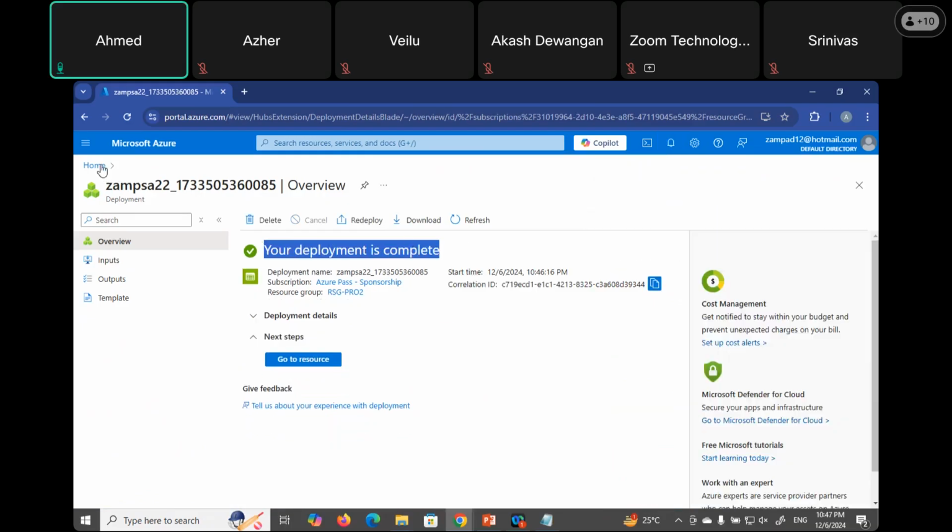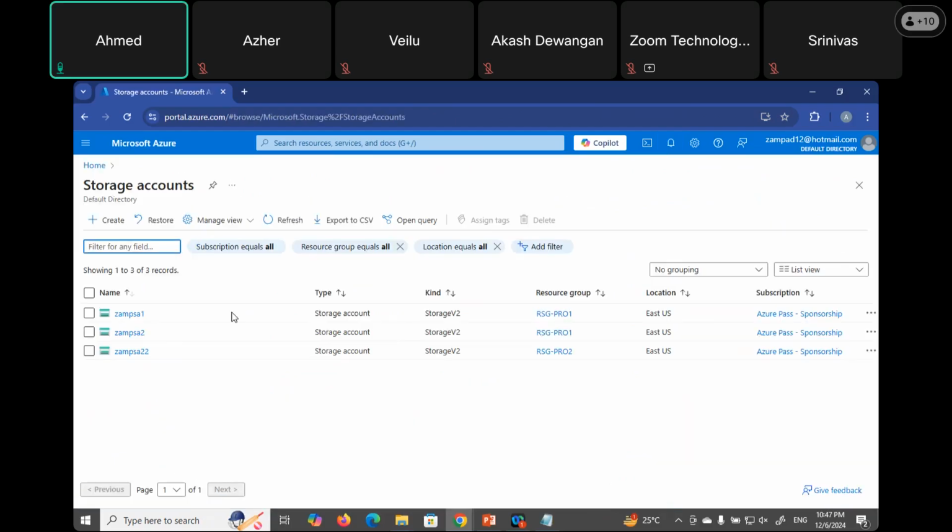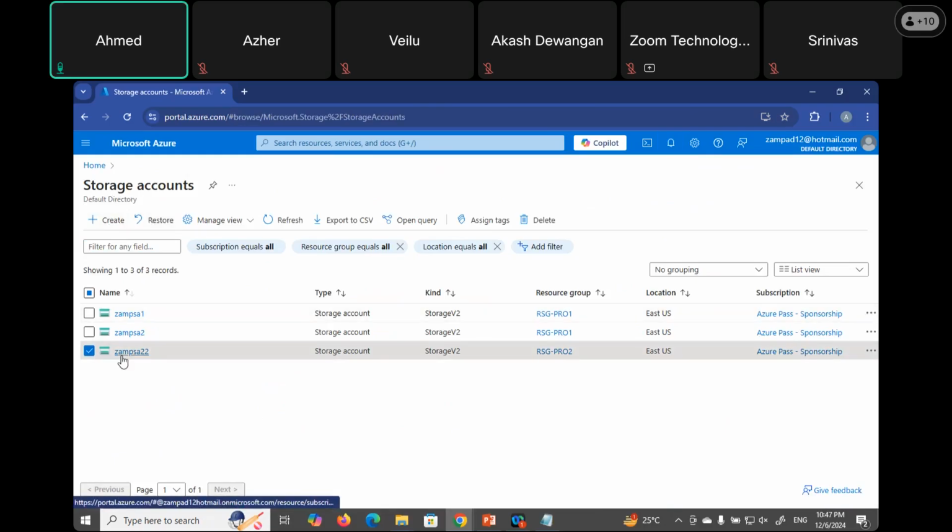You can go back to the home page, open the storage account service. And guys, you can see our last storage account is created by the name ZAMP SA 22 in resource group 2. But guys, can we delete this resource as admin? Can we delete this storage account ZAMP SA 22? If I click on the delete button, guys,